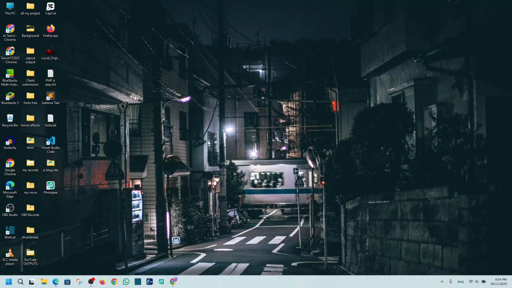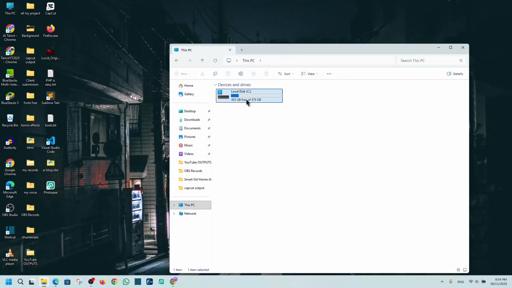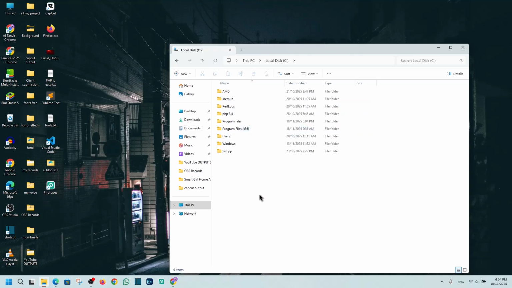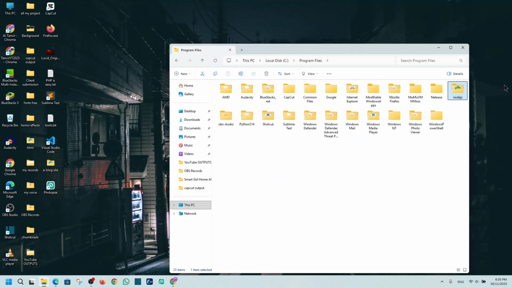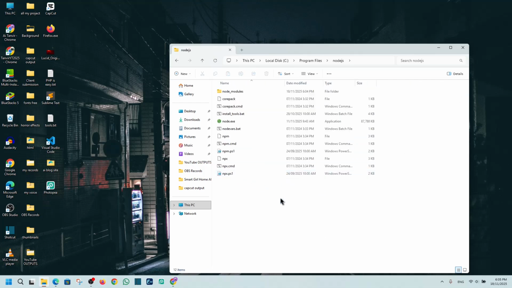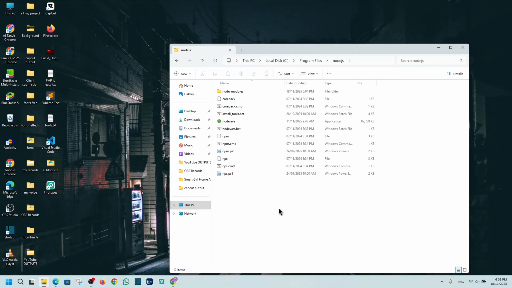Now you have to set the environment variable. To set environment variable, you have to go to the C drive, your installation drive. In this case, I have installed it in C drive. So go to the C drive and then go for the Program Files. You will find Node.js here. Here you can see we have Node.js here, right? Now double click on it and now click here in the address bar and copy the address bar and go